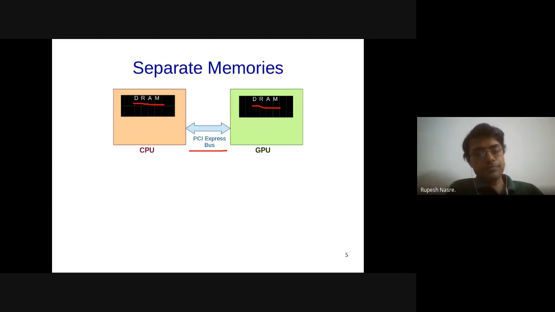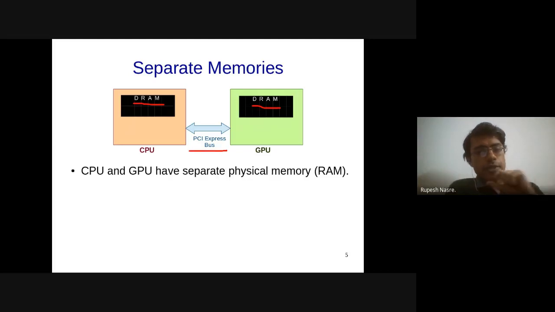So all of these are general purpose computations which can be nicely modeled even on a parallel processor like a graphics processor. So it has evolved quite a bit, and we'll avoid getting into the historical aspects of GPUs. But let's focus on the programming aspects of GPU. But before that, I'll just mention that these two memories are going to be separate, and what are the implications of that. This is going to be a crucial point, as I have been mentioning. Right?